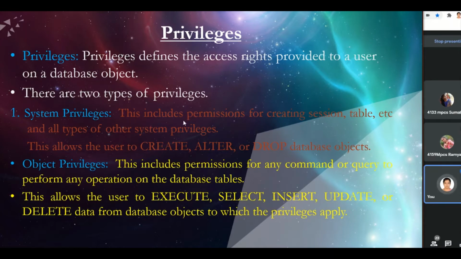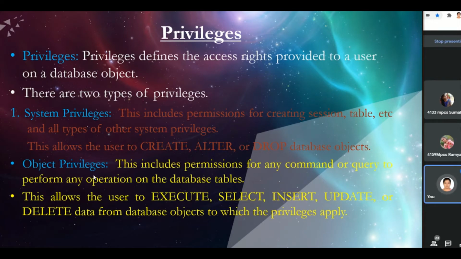System privileges include permissions for creating sessions, tables, etc., and all types of other system privileges. Okay, we can also restrict creating the tables, sessions, views, like that. Okay, so system privileges allow the user to create, alter, or drop the database objects. We can restrict these create, alter, drop.